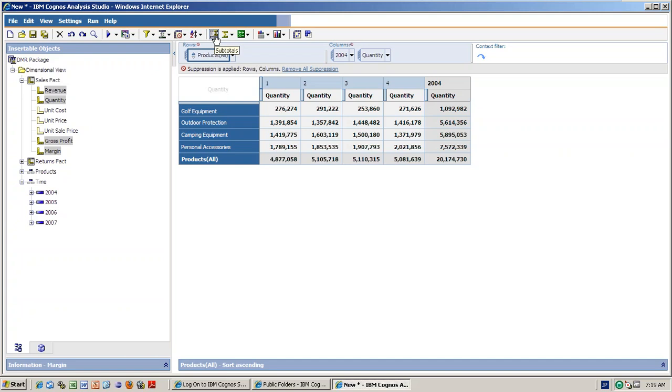What are subtotals? Subtotals means, for example, here only two dimensions are there, right? If you think the third dimension is also present, maybe now it is not there, but anyhow, I'm dragging the same time dimension as the third dimension. If you have a third dimension, you can drag into the rows or columns, right? Then obviously the subtotals will be calculated. So it will show you now.